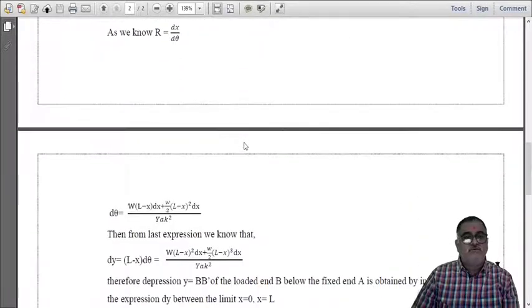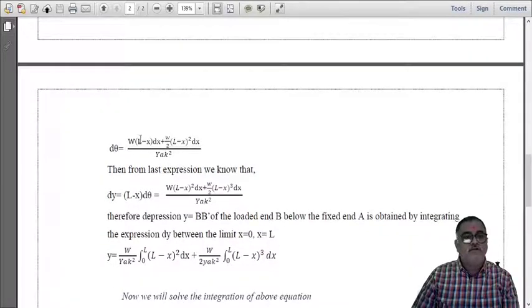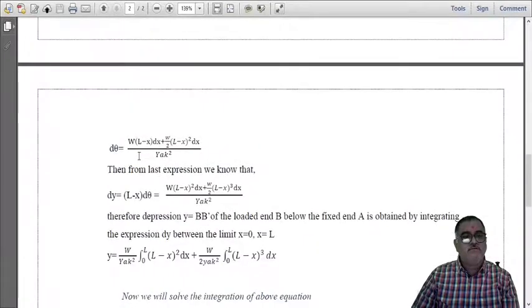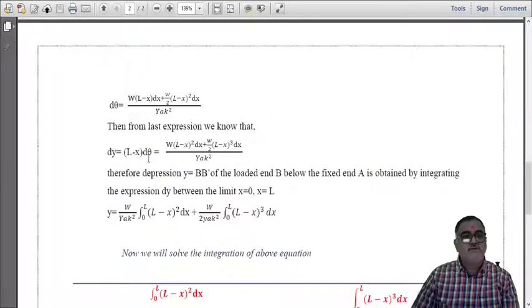Therefore, by putting this value for d theta and rearranging the equation, we get d theta equal to W(L minus x) dx plus w by 2 (L minus x) square dx, upon Y a k square. Then from the last expression we know that dy equals (L minus x) into d theta. And by putting the value of d theta